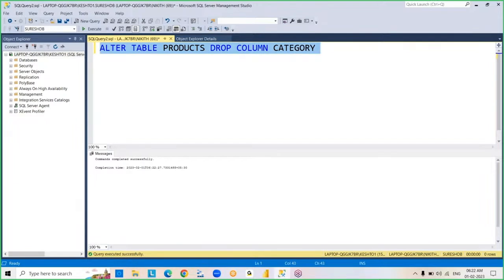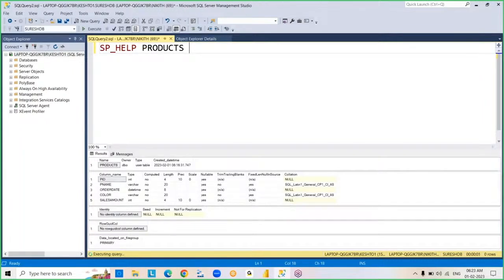So alter drop. By using the alter drop command, we dropped a column from the table. If you have any doubts, run sp_help products. See this, there is no category column existing in the table. Okay, now